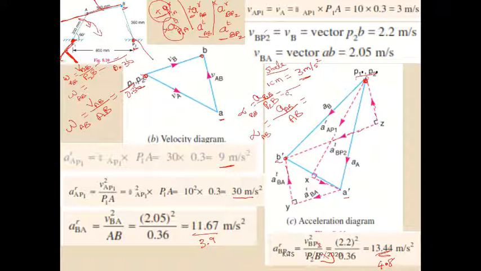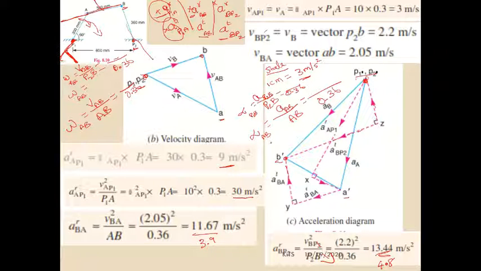Write it here. Similarly here AB. Where is AB? This is AB. Suppose you got the AB value as 4.5, then multiply 4.5 with the scale. Scale is 3 and write it here. Then the AB length is 0.36, divided by 0.36. You will get the angular acceleration value of AB.